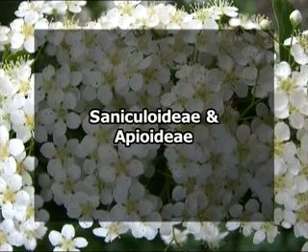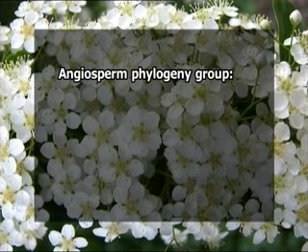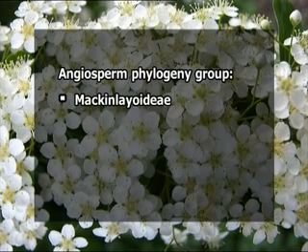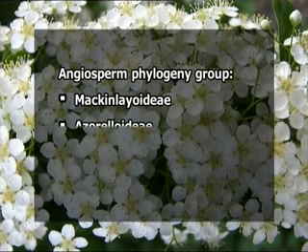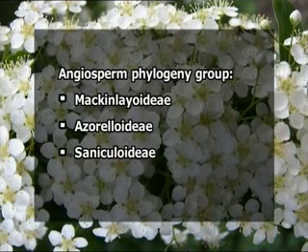The majority of the workers place these two genera under Apiaceae on the basis of DNA sequence data, although these genera are believed to be basal to the two earlier subclades, the subfamilies Saniculoideae and Apioideae together. Recently, the Angiosperm Phylogeny Group has recognized Mackinlayaceae as a subfamily Mackinlayoideae under the family Apiaceae and has added one more subfamily, Azorelloideae. Thus, in all, they have recognized 4 subfamilies: number 1, Mackinlayoideae; number 2, Azorelloideae; and the other 2 being already mentioned, Saniculoideae and Apioideae.